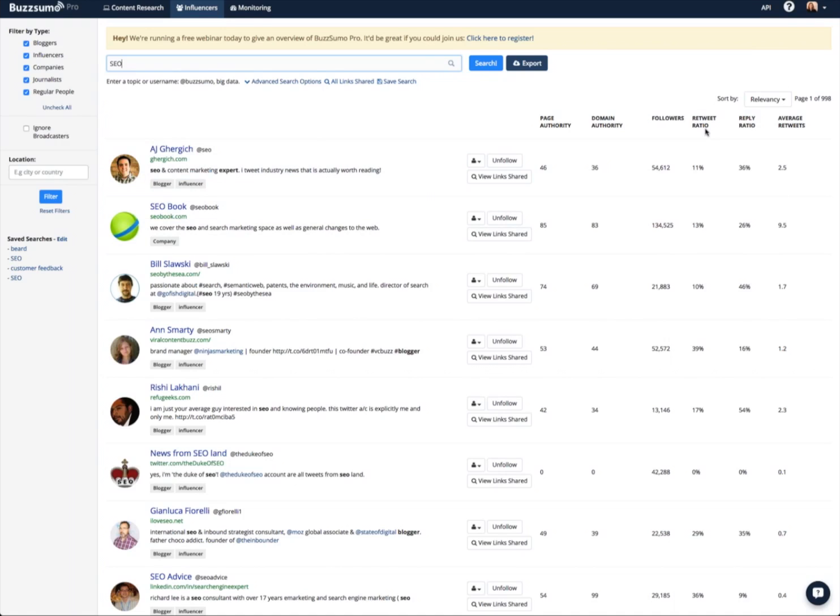I like to think of these as responsiveness indicators. The retweet ratio is the percentage of each user's tweets that are retweets from other sources, and the reply ratio is the percentage of each user's tweets that are replies to other people. So, hopefully, with the retweet and reply ratio, you can get a feel for whether or not this influencer is someone who is interested in other people's content and might be willing to interact with it and possibly help amplify it. If you do think that someone is a good fit for your content,